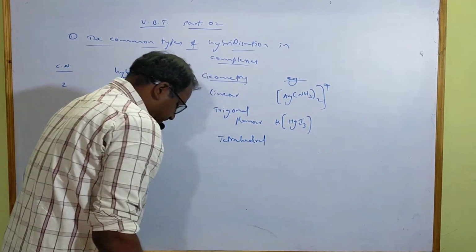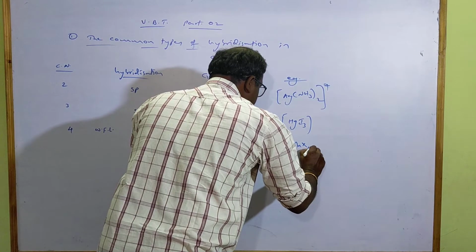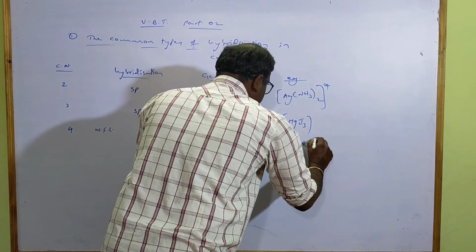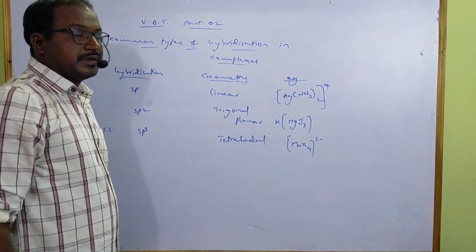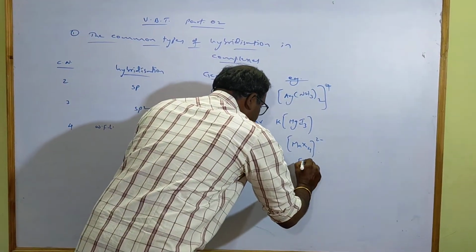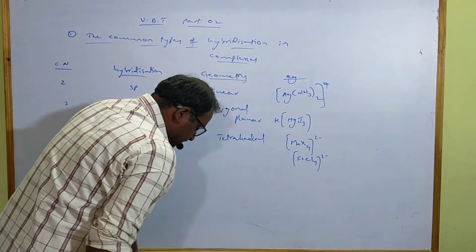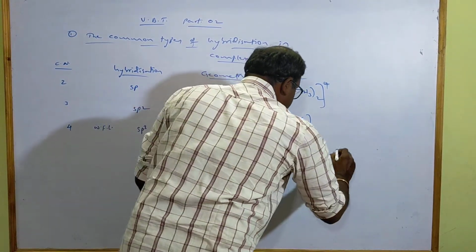The examples for tetrahedral are MnX4, X means halogens, any one, manganese exists in +2 oxidation state here, and FeCl4 2 minus, iron +2 oxidation state, and